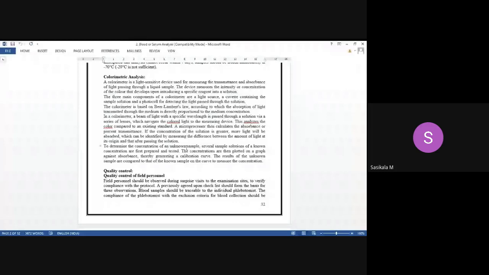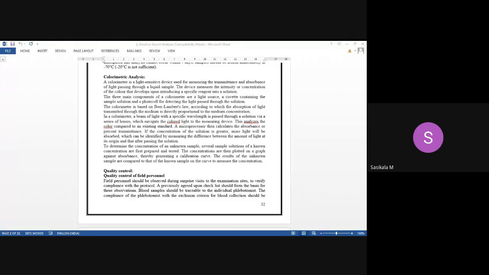What are the two quantitative methods you will follow to analyze the sample? Direct comparison and calibration curve method, where these two methods will be followed by colorimetric analysis. Since the instrument used is a colorimeter, it is called colorimetric analysis, and it is otherwise known as spectroscopic analysis. Spectroscopic analysis, the term you may not know, type it here: spectroscopic analysis.